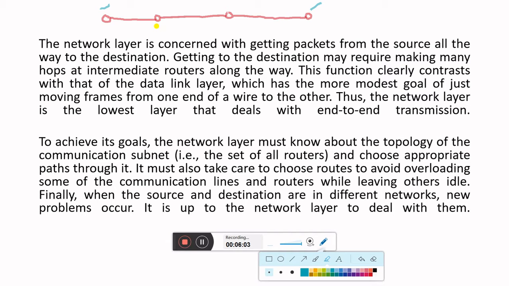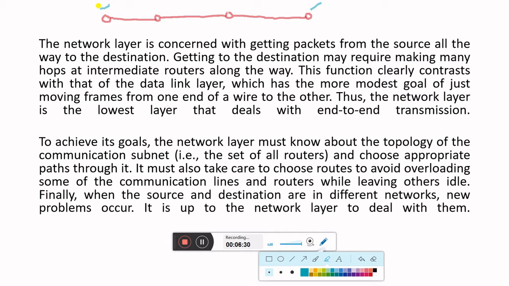So this is the fact that getting to the destination may require making many hops at intermediate routers along the way. So if there are 4 devices in the network as shown above, these circles represent computers.